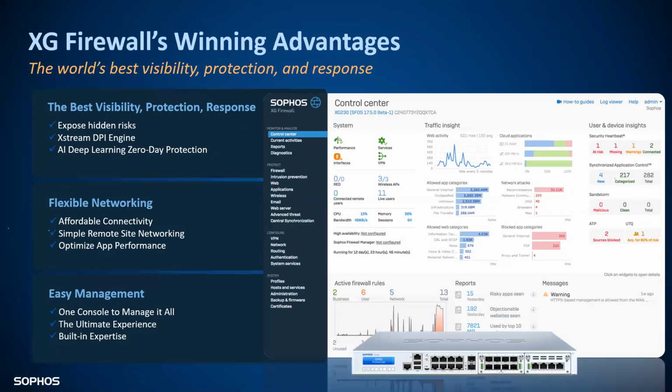Optimizing your application by utilizing bandwidth, providing it the right bandwidth, categorize it, block it. Everything is there. Put the bandwidth on the application is there. Very easy to manage through Sophos Central, absolutely free, and obviously built-in expertise. It is all built on our Sophos expertise from our Sophos global team.